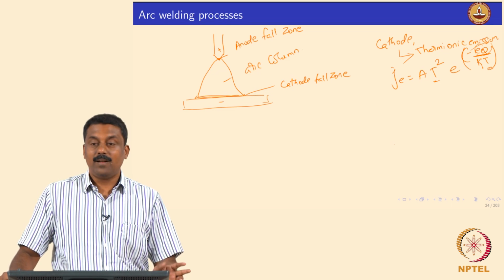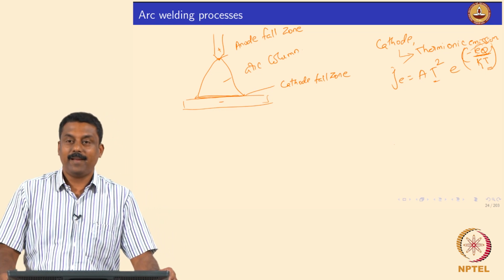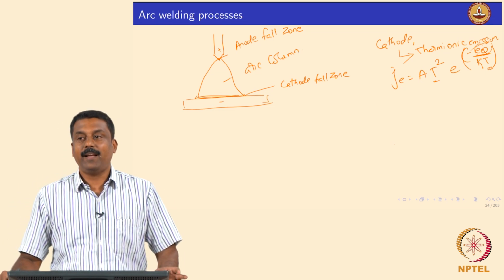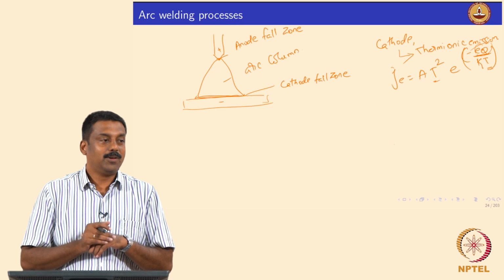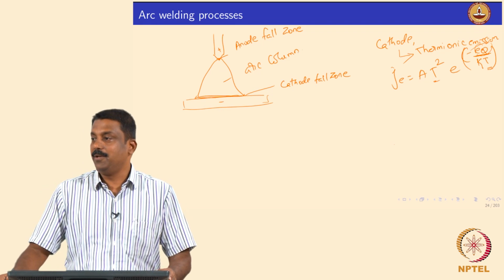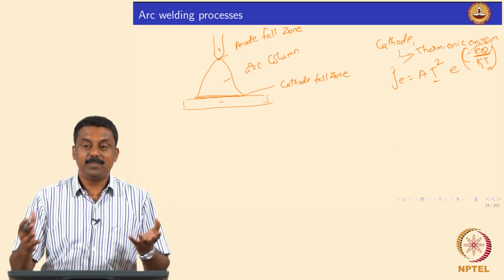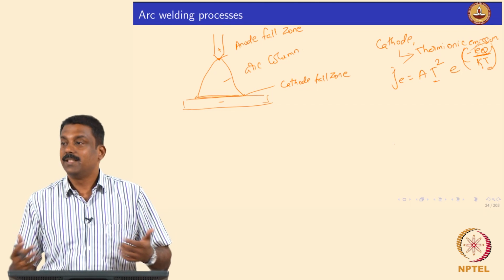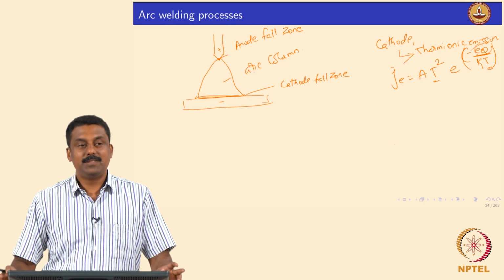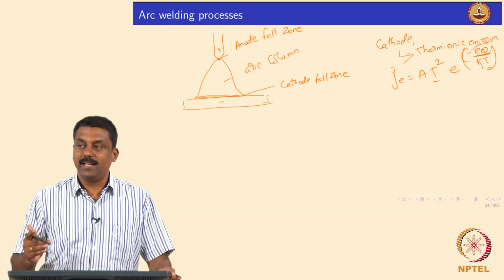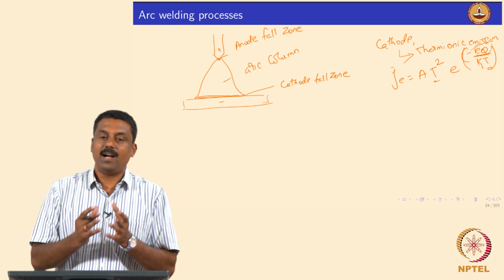So, when the arc column becomes electrically neutral, we call that state plasma. Plasma is defined as a neutral state of matter. When the arc becomes electrically neutral, then it becomes plasma, but the number density must be equal. So, we need to create as many electrons and ions as needed to maintain electrical neutrality. But it is very difficult to attain that state in a welding case. So, we will have to do some modification to the arc itself to make the arc into plasma.